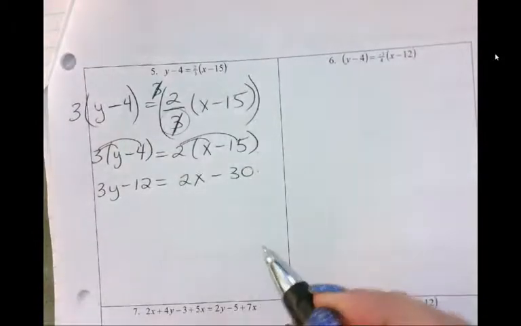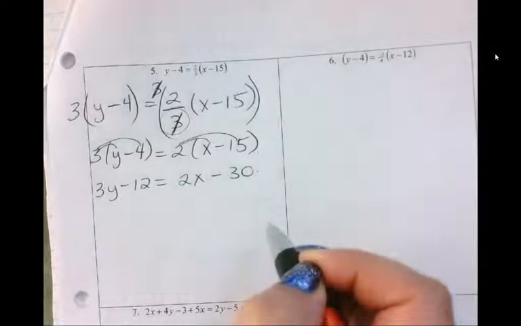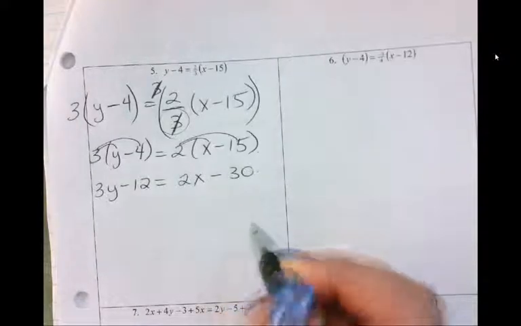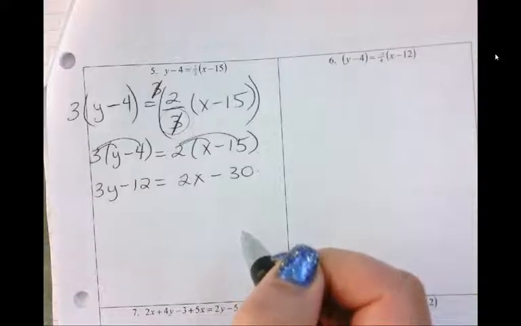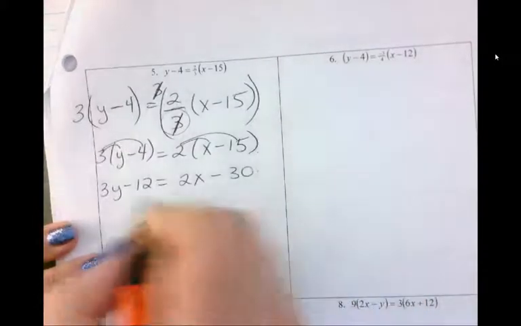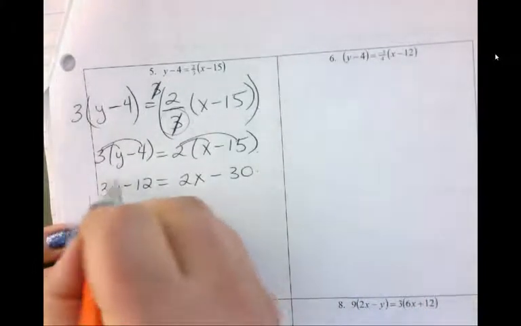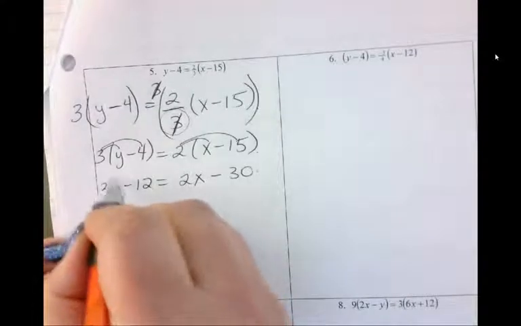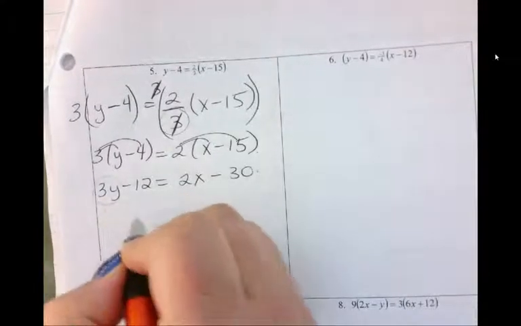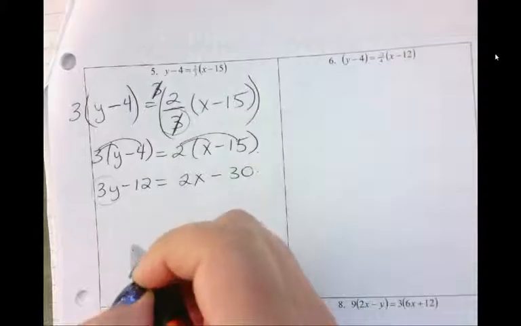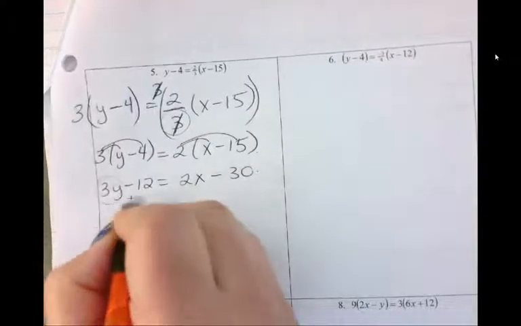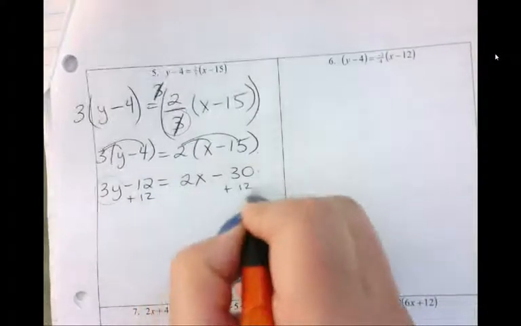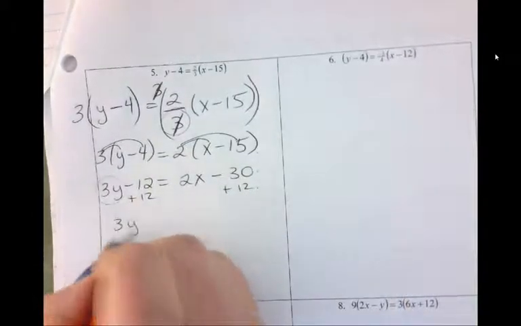Now what are we going to do? What's our goal? I forgot what we were doing. What's the question asking us to do? Isolate y, solve for y, okay? Always make sure you know what you're doing. So now, how are we going to isolate y? We need to first get y by itself on one side of the equal sign before we do any dividing. So let's add 12 on both sides,